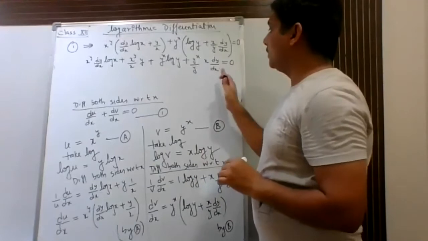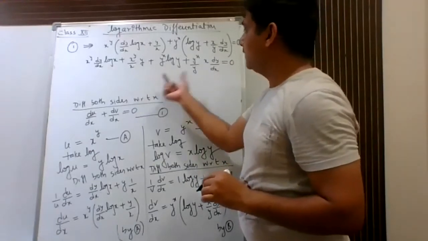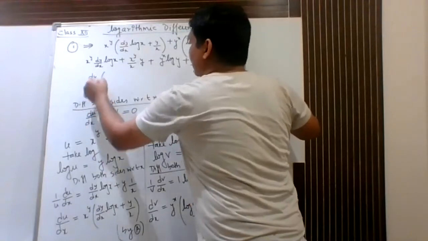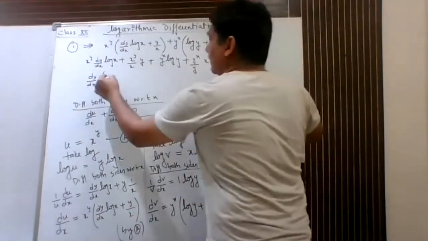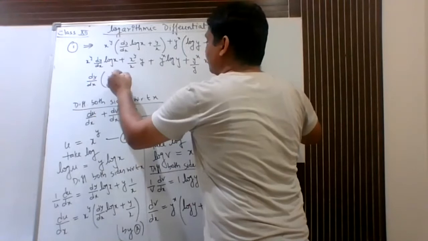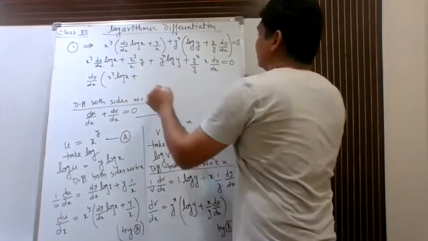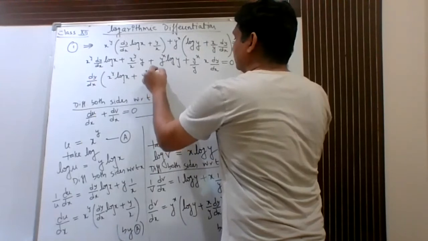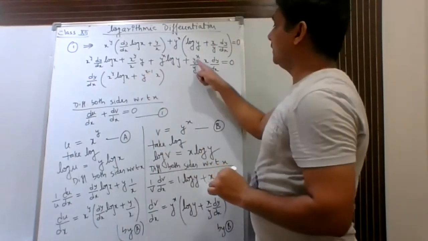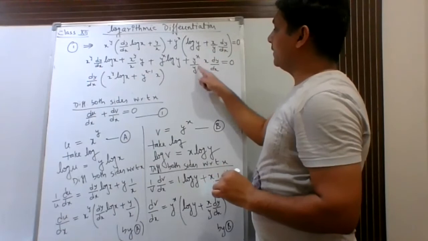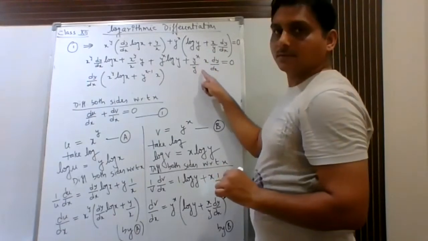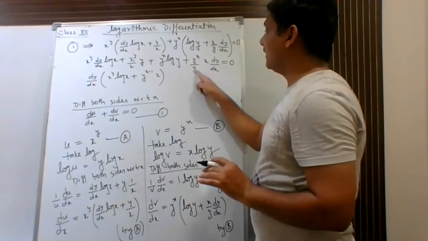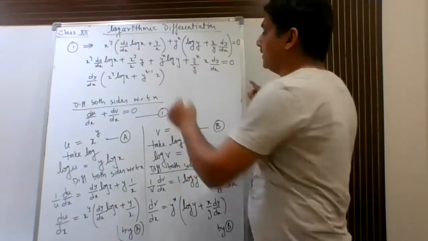After that, we will club all the terms of dy upon dx together and the remaining terms together. So from the first and the last term, if I take dy upon dx common, then I am left with... now see here, I can write this as y to the power x minus 1. Simple algebra I am applying here. This can be written as y to the power x minus 1. So this is what I had written.